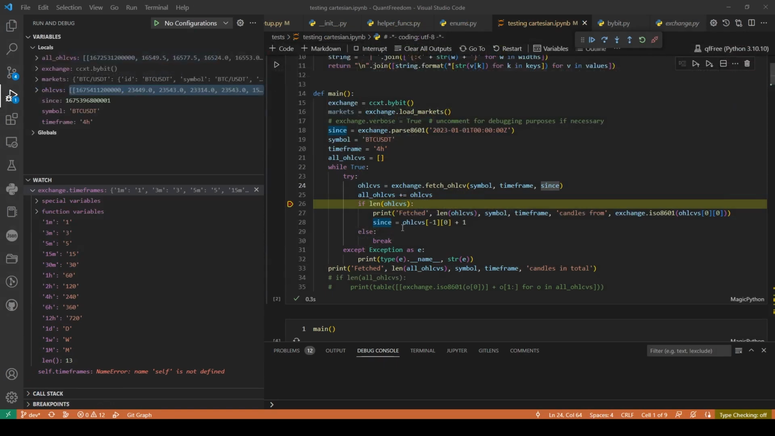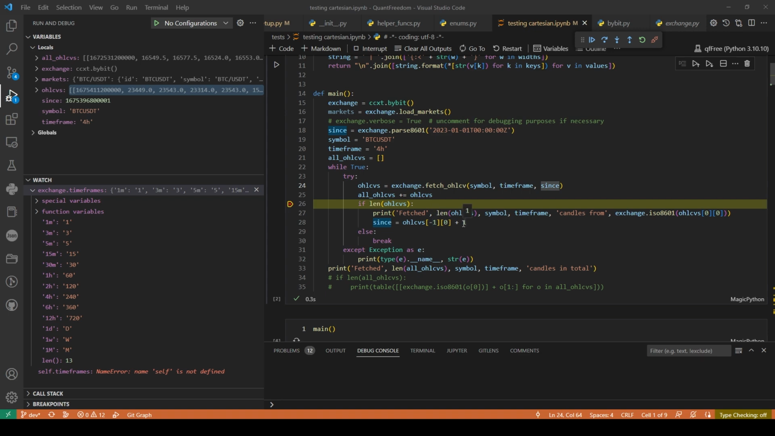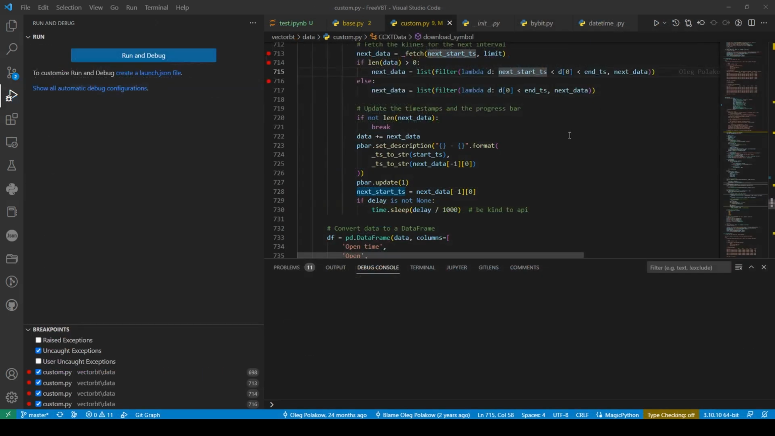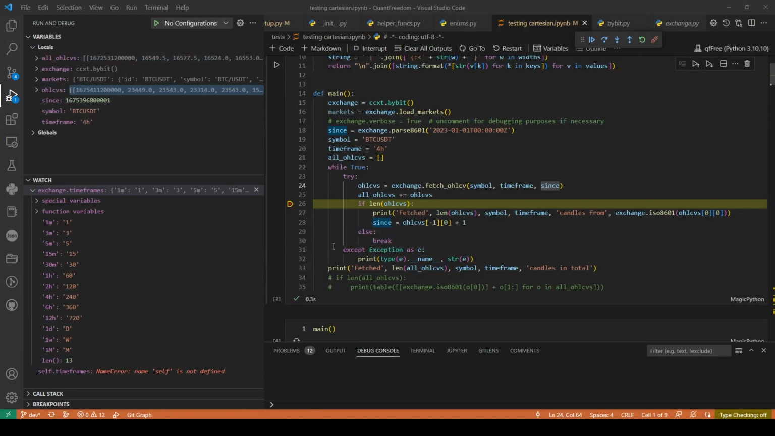What's interesting is that here the since is this minus this plus 1, whereas over here he doesn't have that plus 1, so you actually were getting some data twice. But so the difference here is you have this as next equals fetch, and here you have this equals this, and then you have if length of OHLCV, whatever it is,